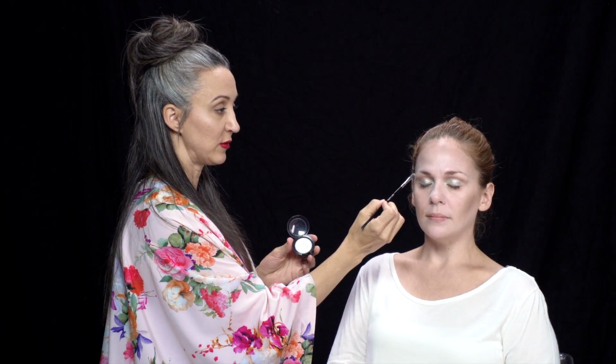Next, you're gonna take your shimmer cream and apply it to the arch of the brow, just underneath. Making me feel cold already. All